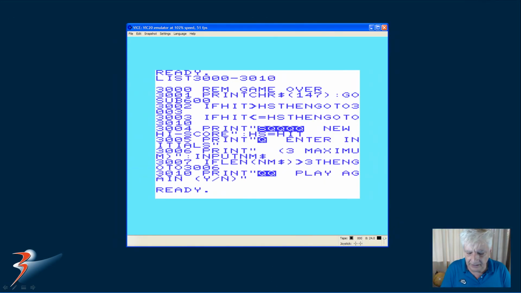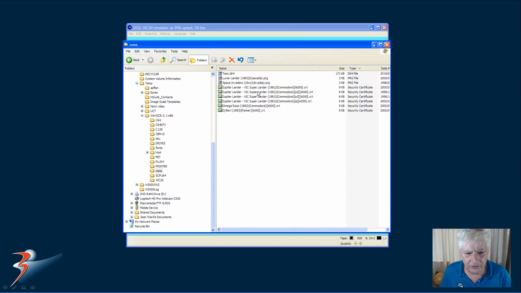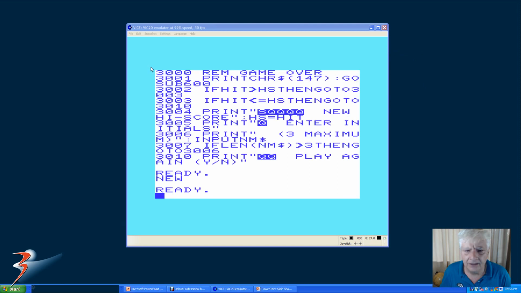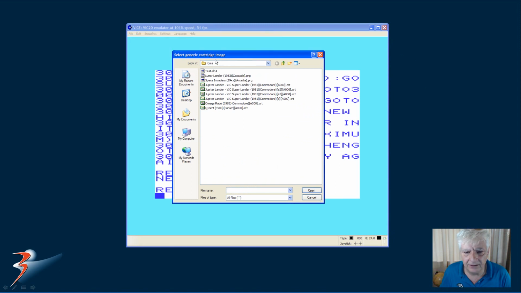Okay, so let's have a look at how you can load some of the games that were released on VIC-20 cartridges in the 80s. I created a subdirectory called ROMs in the WinVice folder, into which I've copied the ROMs. They're just a convenient placeholder to keep all these games. So let's go and load one of these, show you how it works. Go to File, Attach Cartridge Image, Generic Image, and in the ROMs directory,